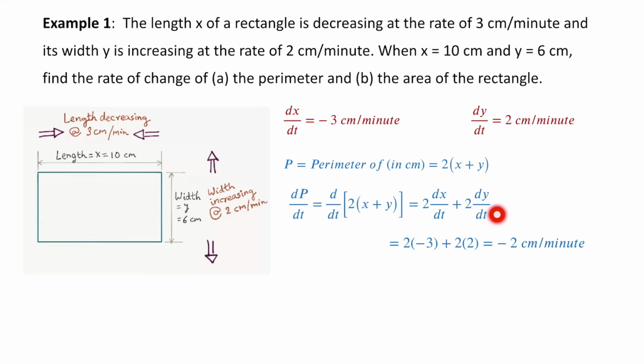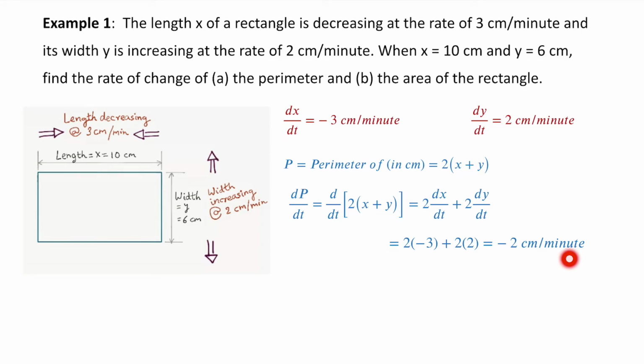And we plug in those values of dx/dt, which is minus 3, and dy/dt, which is plus 2, and we get dP/dt as minus 2 centimeters per minute. So what that implies is that the perimeter is shrinking, is decreasing at the rate of 2 centimeters per minute